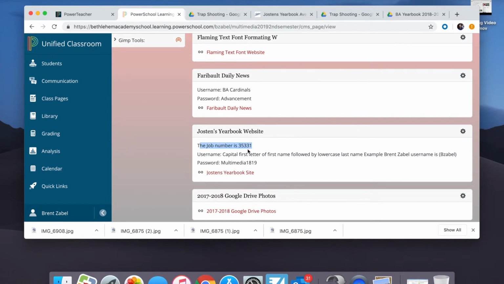This is the job number, if you need to enter that in. This is your username. It's a capital first letter of your first name, followed by a lowercase of your last name. So, for example, if my name is Brent Zabel, my username would be a capital B, then Zabel, all lowercase. And then the password is always Multimedia, and then it's